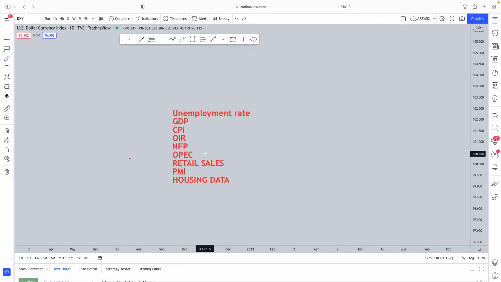Now, next up in line, we've got OPEC. Most of you probably saw this on forexfactory.com, because you get OPEC news and all of that stuff, and you think, what is OPEC? Well, today, ladies and gentlemen, OPEC is the Organization of the Petroleum Exporting Countries. So OPEC is basically a cartel on an international level. OPEC countries consist of 15 or so major crude oil producing nations like Saudi Arabia, Kuwait, as well as Iran, and the list goes on. OPEC controls about 44% of the world's crude oil output.